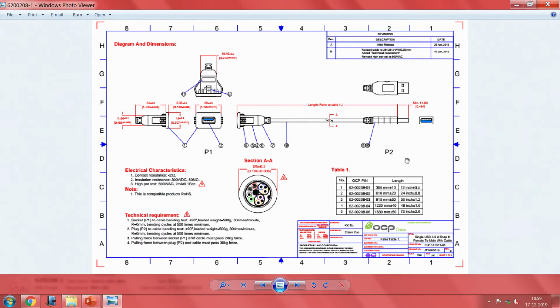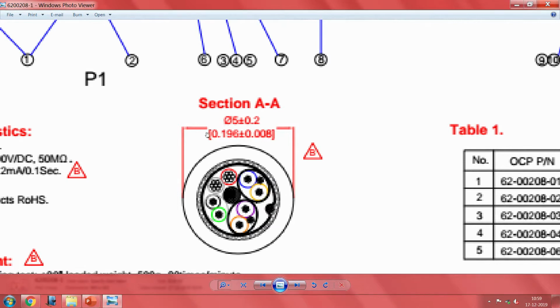Hence, when you go to the shop or go online and ask for a simple USB extender, with all this big thing, it is a simple USB extender, but looks complicated. But when you look at this drawing, it just doesn't look like a simple USB extender. On one side you have the header, and on the other side the matching portion, and as you enlarge them, you see a fantastic amount of dimensioning has been given here.